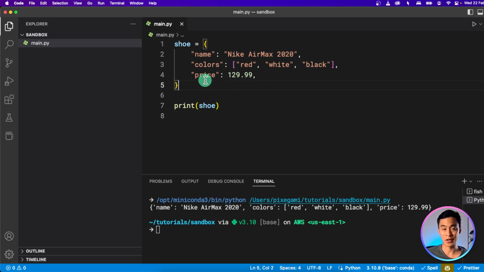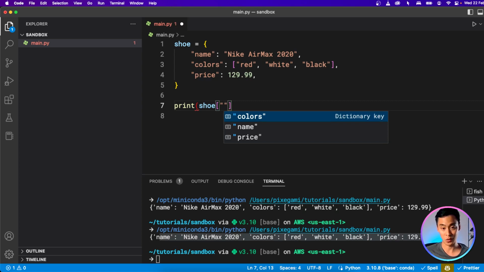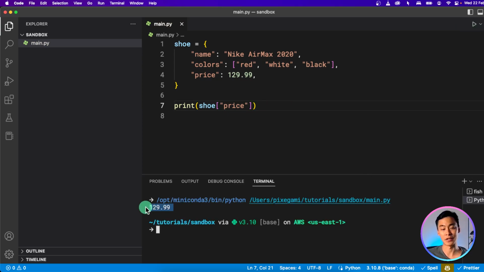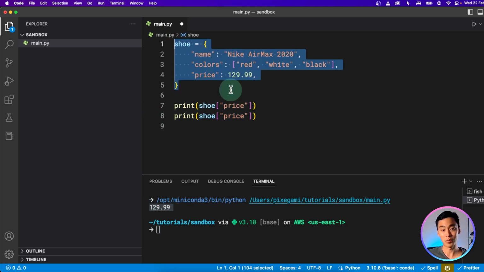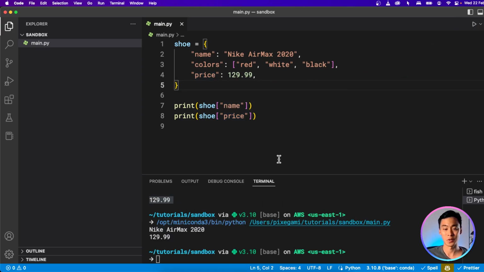Obviously, if I have my shoe item as a dictionary here and then I print it, I get all of this information out. But for example, if I just wanted to see what the price of the shoe was, I can access that specific item. So I can type in shoe and then price. And then when I clear my terminal and I run that again, I'll see that I get just the price of the shoe. And this way, I can actually access different pieces of information about my object however I want, just using this dictionary. So I can get the name and the price, and I can even get the colors if I want.